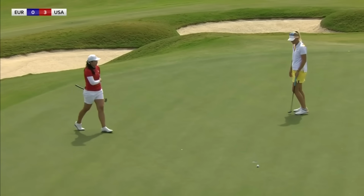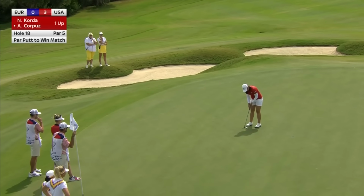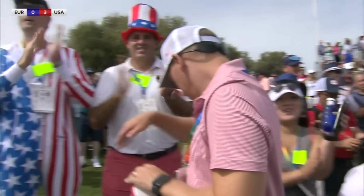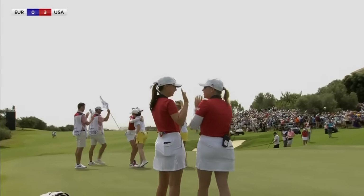Well, they'll need help from Allison Corpuz. Flawless. The Americans go 4-0 in foursomes. Captain